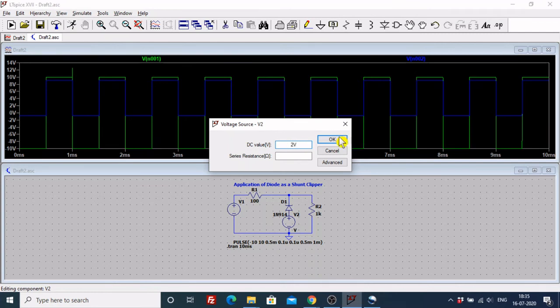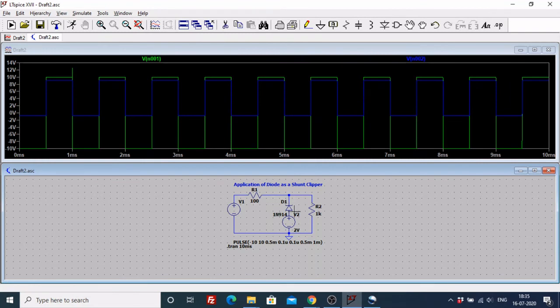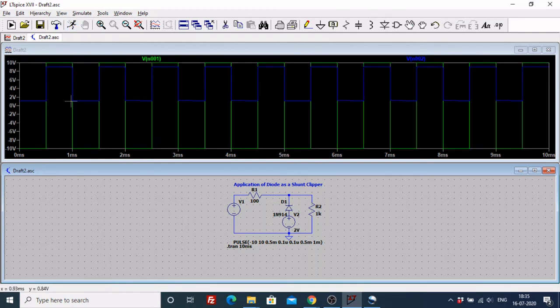So you can take your time to figure out what is supposed to happen when I have connected a diode and a DC battery of 2 volts. I run this and you can see the changes that have taken place. Now this is starting a little over 0. So basically what has happened is the output that I am getting for the circuit right now is Vm minus 2 volts. So this total peak voltage is 8 volts.